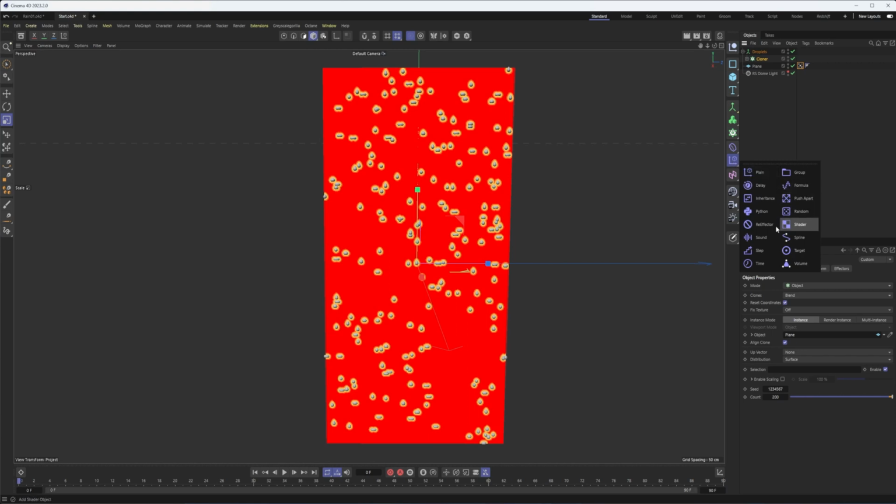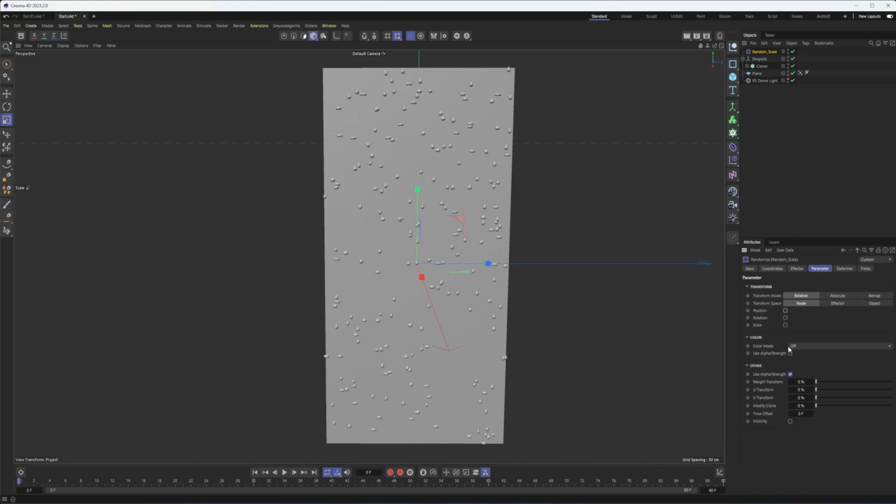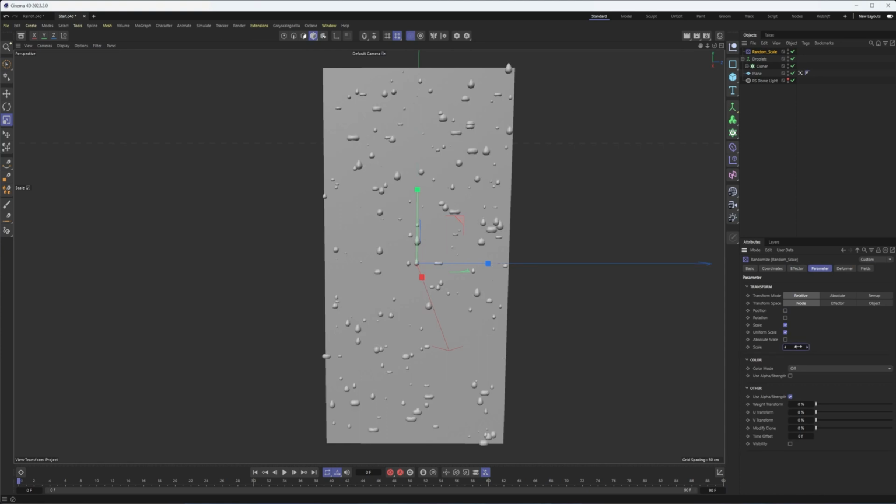First, I'm going to add a random effector. And this is going to be for scale. So I will call this random scale. Okay. So in our parameter tab, I will uncheck position, check on scale, and we can use uniform scale here. And I'll just set this to say -1. Now, whether I use negative or positive, it is going to make my objects both larger and smaller because in the effector tab for the minimum maximum, we have it going from -100% to positive 100%.